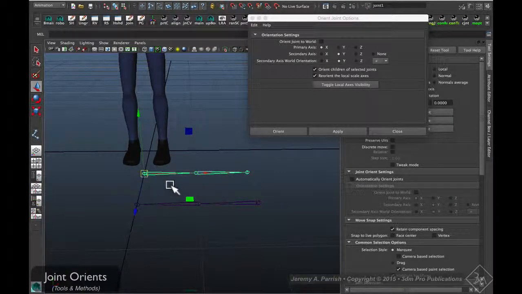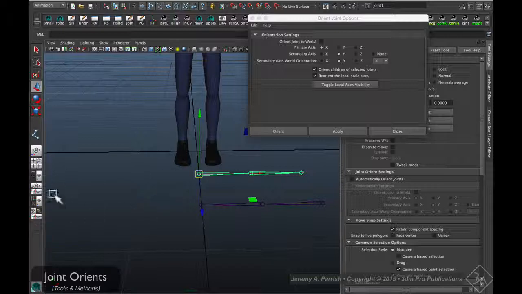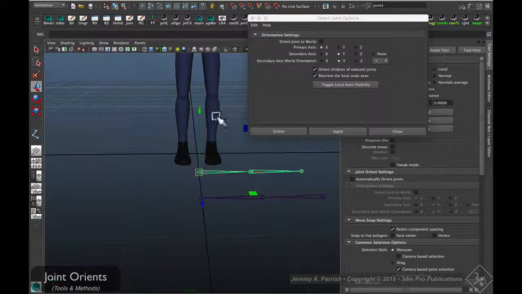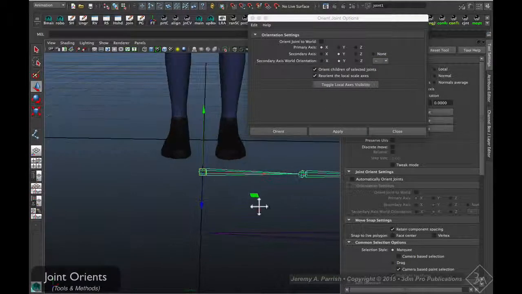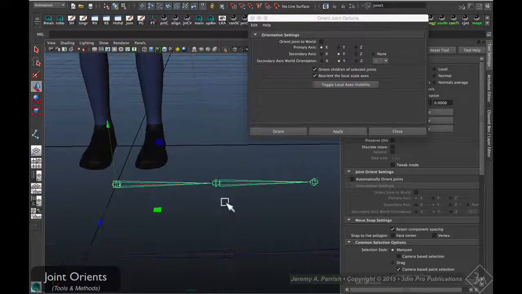Down is negative, to this side is negative, and towards the back is also negative. So if I switch this to the negative, and I'll go to this joint chain,